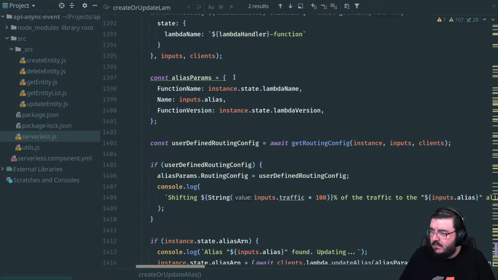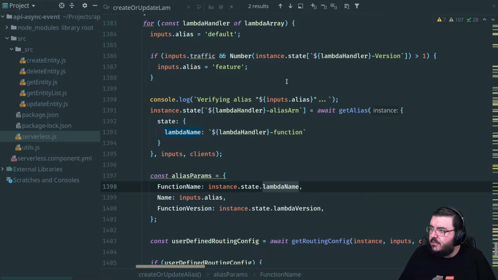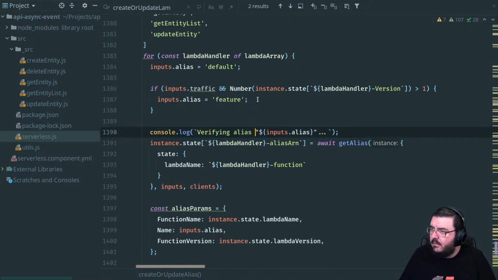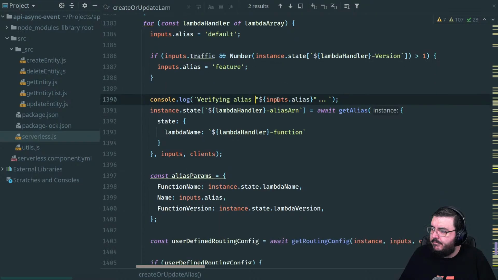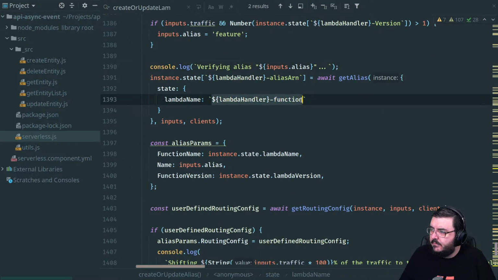So yeah, const will be defined in the for loop, so that's fine. Don't need to worry. Lambda name is going to be here. It's this, yes.